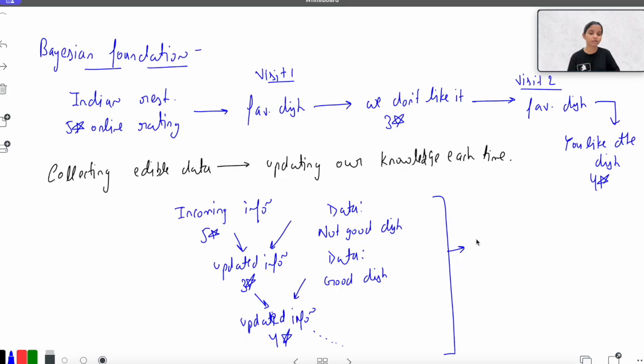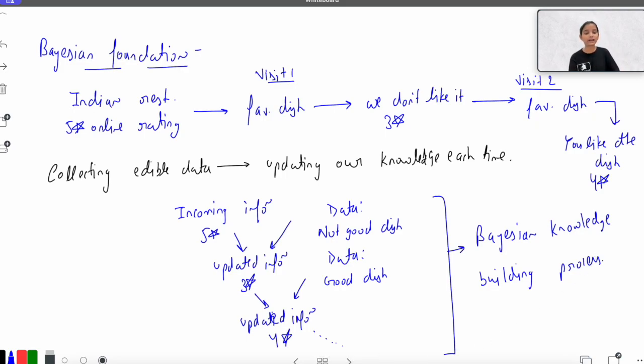knowledge building process. That's what we do in the Bayesian knowledge building process. In this process we are acknowledging our perceptions, using the data to update our knowledge, and then repeating it. As we repeat, we are continuously updating our knowledge.